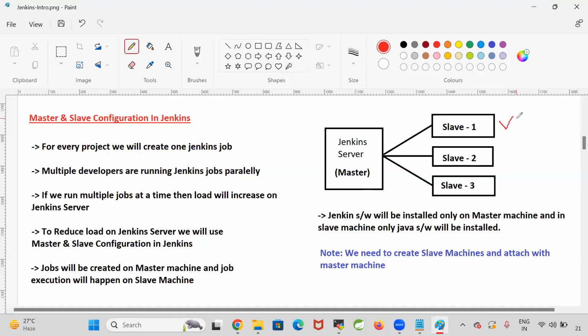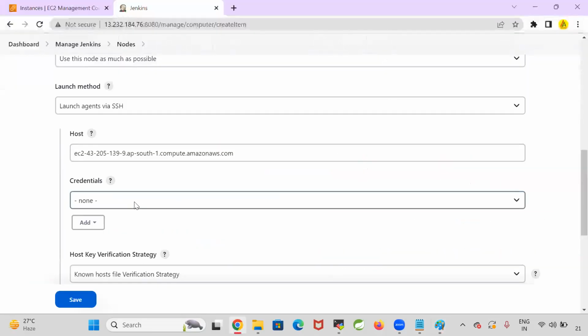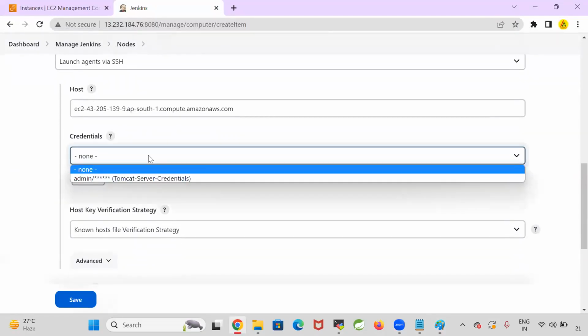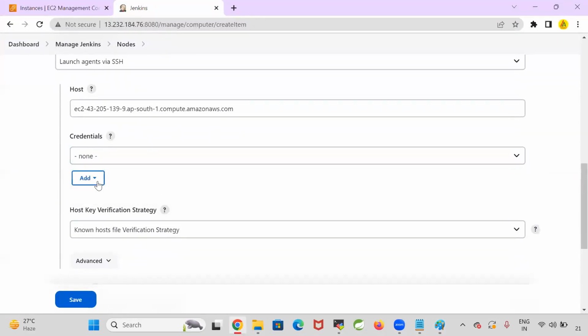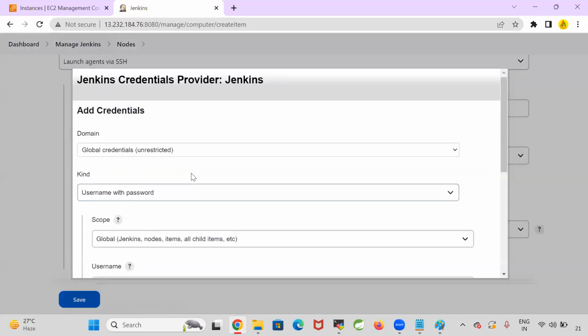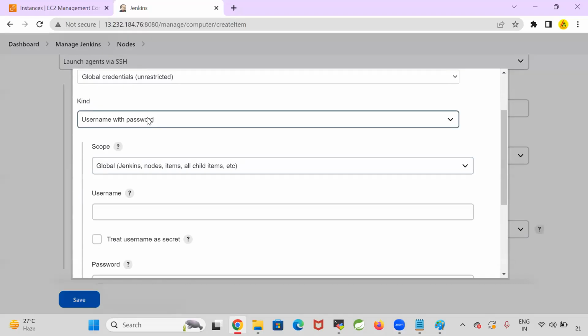Ubuntu is the username. Password we don't know, because Ubuntu is the default user. A PEM file is available to connect with the machine. So the same thing we need to tell in the master. In order to access the slave node, I will tell it the username and the PEM file. Click on add. So here we know the username, but we don't know the password because we are using the Ubuntu